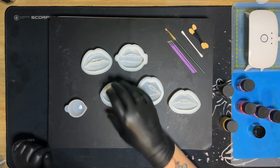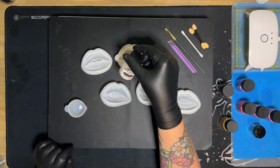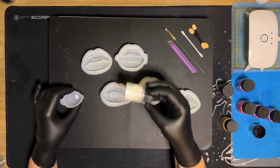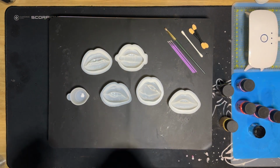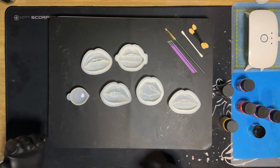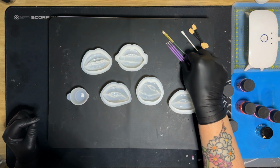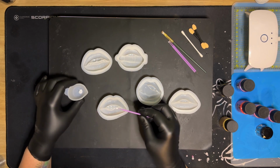So I wasn't sure whether to paint the teeth with a white mica powder or use white UV resin. Decided to go with UV resin because this isn't pearlescent like the mica powder, so I thought it would look better and make the lips stand out better, because then they would be sort of a pearlescent colour, because I'm going to use mica powders and chameleon flakes on them, but the teeth would be normal. So first things first, let's have a look at how easy or difficult it is to do